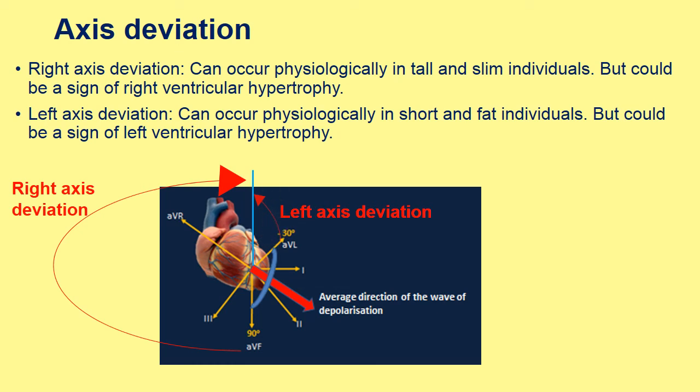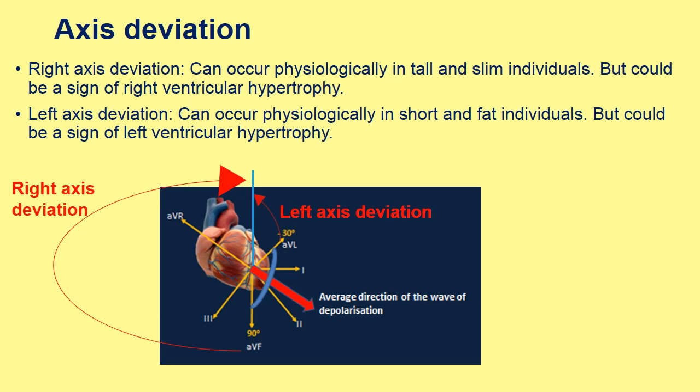And it can be normal in short and fat people, but it could also be a sign of left ventricular hypertrophy, so there will be more muscle on the left side, which will take the average direction of the wave of depolarization more towards the left, even more than normal. Left axis deviation could also happen in other conditions like conduction problems, but we'll talk about this in a future video. So let's say the wave of depolarization is now traveling there. It's more towards lead 1, so lead 1 will be predominantly positive, while lead 2 is traveling downwards, so the wave of depolarization is traveling away from lead 2, so lead 2 will be